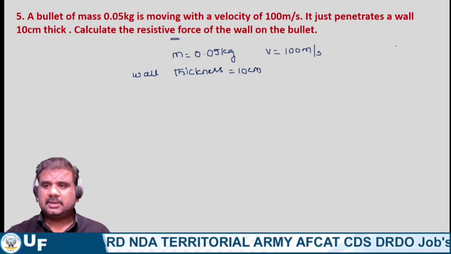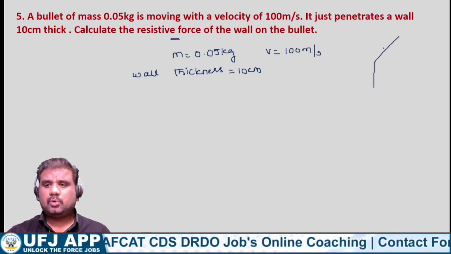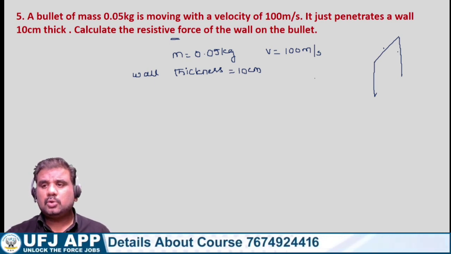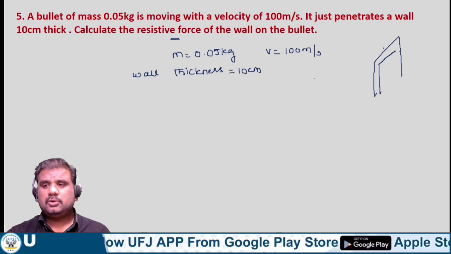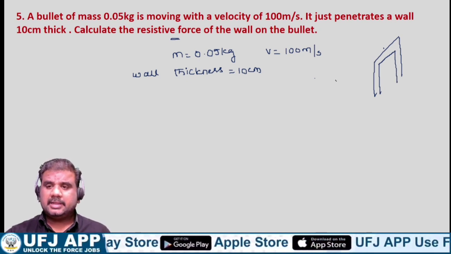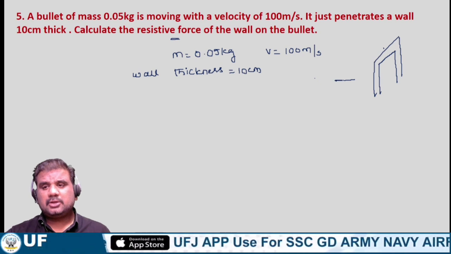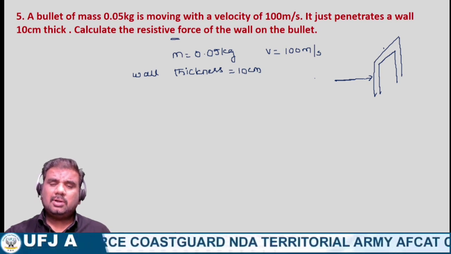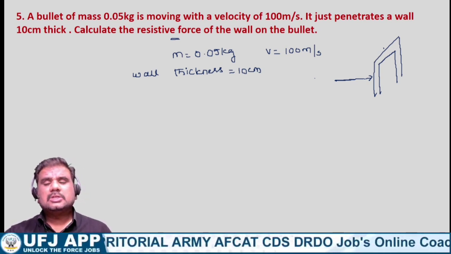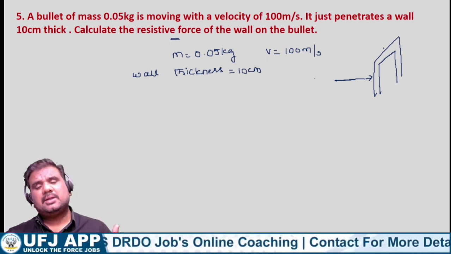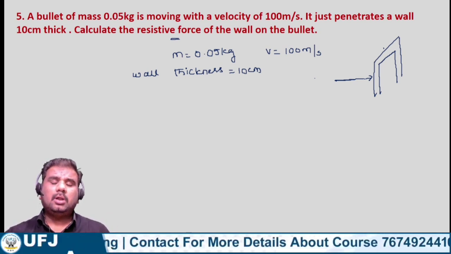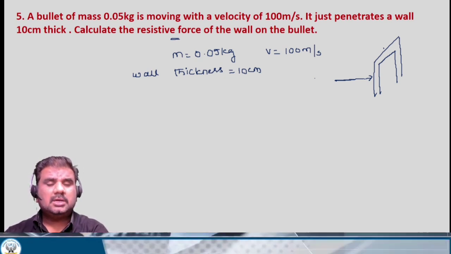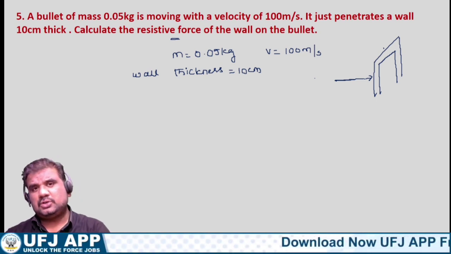So suppose that this is something like this. So here in this particular case, we have a wall like structure. So from here, the moment you are firing a bullet, then in that particular case, the bullet is trying to penetrate the wall. But the wall will apply some amount of force. So you are trying to fire a particular bullet onto a particular wall. So the bullet tries to move forward, and the wall tries to apply some amount of resistive force.